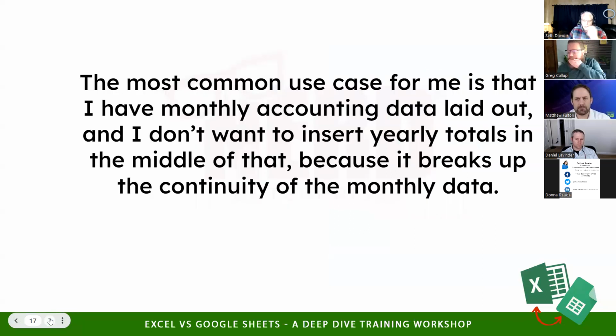So the most common use case for me talking about the SUMIFS formula, what it allows you to do, by the way, is cross-reference a date and, let's say, the name of an account. And so I can look at a range of dates rather than a single date. And I can say, anytime you see that the date is in X year, whatever the year is, add up anything that's in the row that has this account name, right? In simple English terms, that's what the formula enables you to ask it to do,